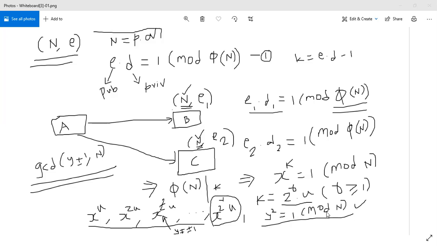All right. The question now is how many x exist? x is randomly chosen from the group Z star n. If there are only a few such x, then we will not have luck. But we will prove now that there are lots of x. For that, I need to introduce you to some more mathematics. All right, let's do that.